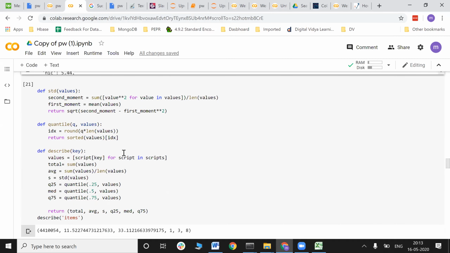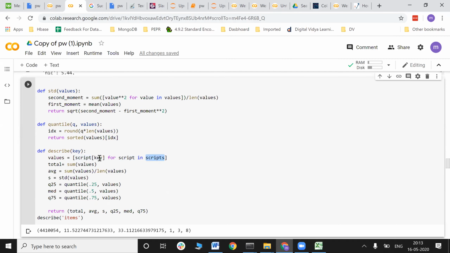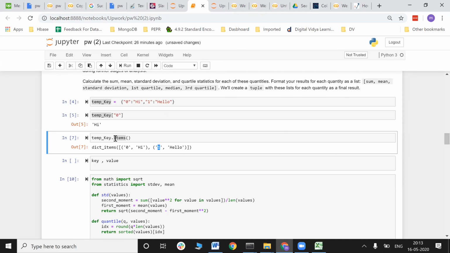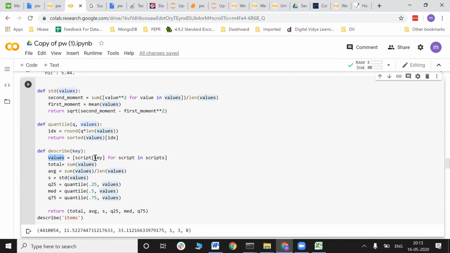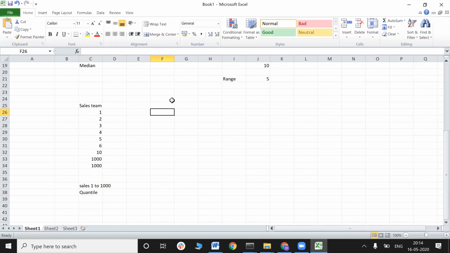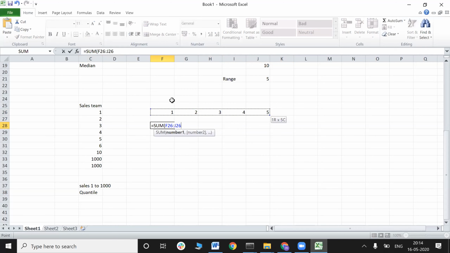You can see here, it is going to pass a for loop in the script and only get the key. So if you pass a key, you will get a value, right? It's similar to this example: I pass a key and get a value. Now as I got all the values, what is my job? I need to get the sum and the average. Average is nothing but, if you want to find an average of numbers like this, you just sum all the values and divide by the total number of values, right?